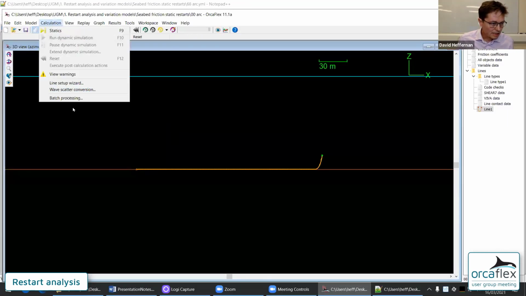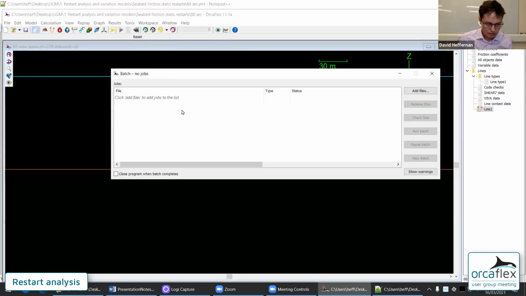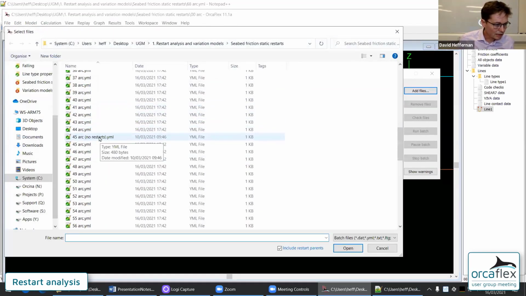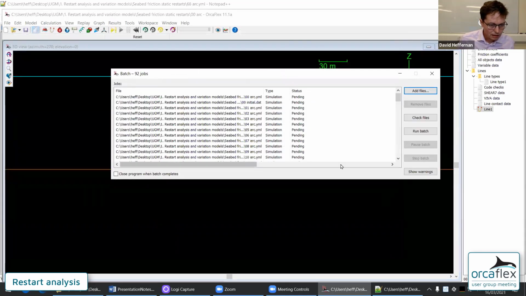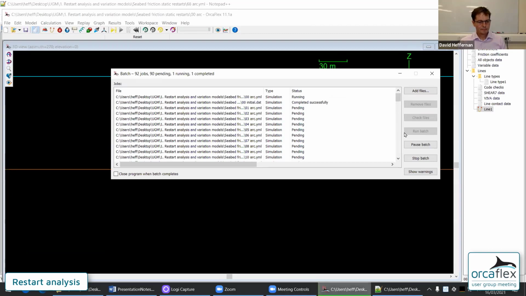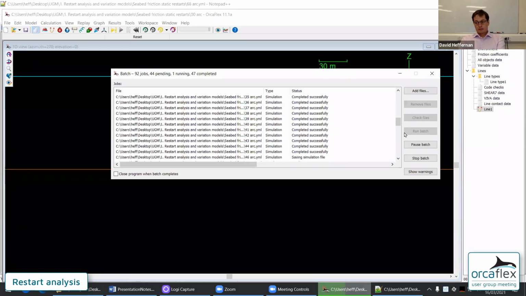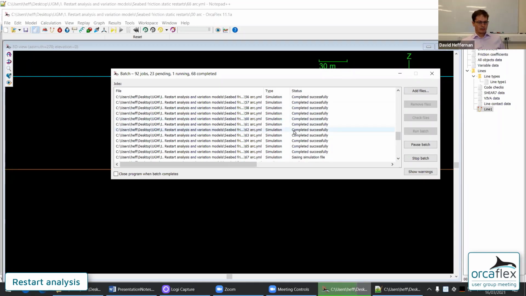I can run this analysis now. It takes a little while, but it's not that long. Remember, I just selected the last one, the 90-degree one, and all the parents have been added, and now they run in the right order. It's just a static analysis, so it chugs through quite quickly. It does run sequentially because each file depends on the previous one. If you had multiple chains that were independent, then you would get some benefit from parallel processing.